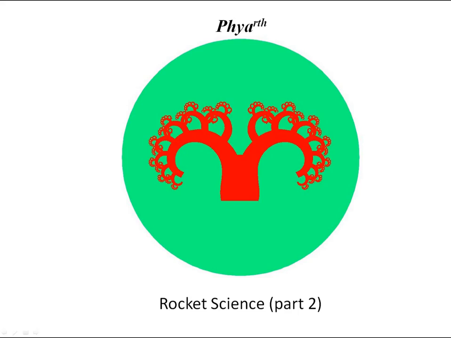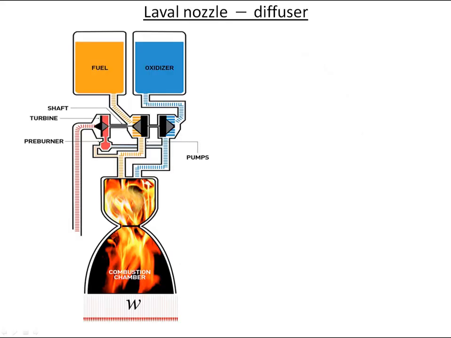Hello YouTubers, in this video I want to show what it means to say rocket science, and the second part of this video is about Laval nozzle cross-section area calculation. The rocket combustion chamber is made up of two parts: the combustion chamber where a controlled explosion of fuel and